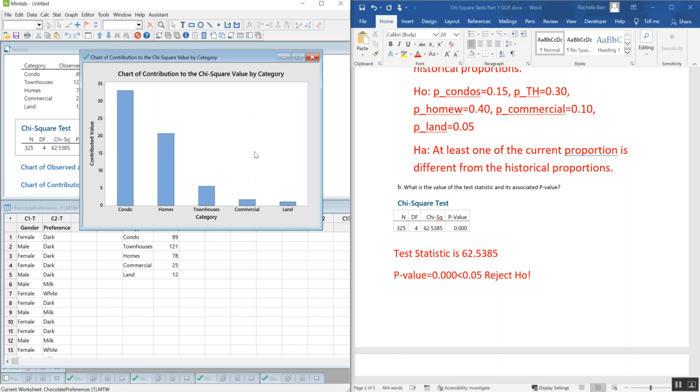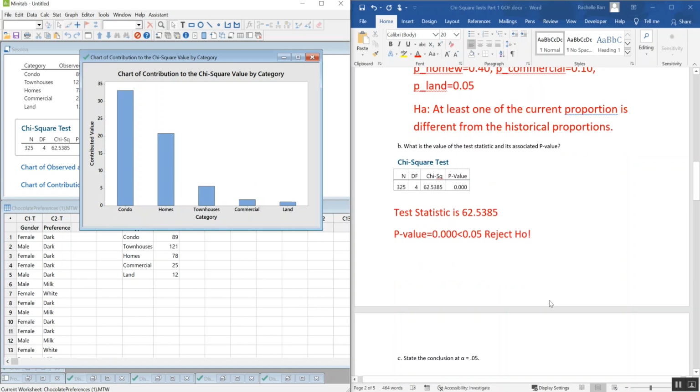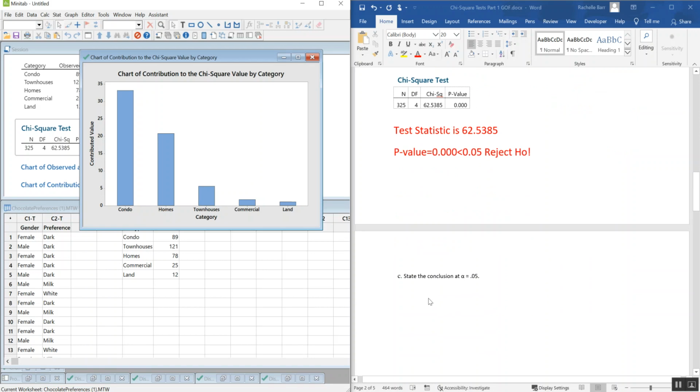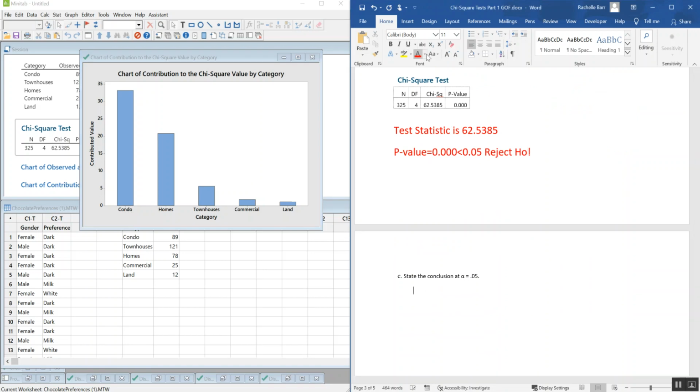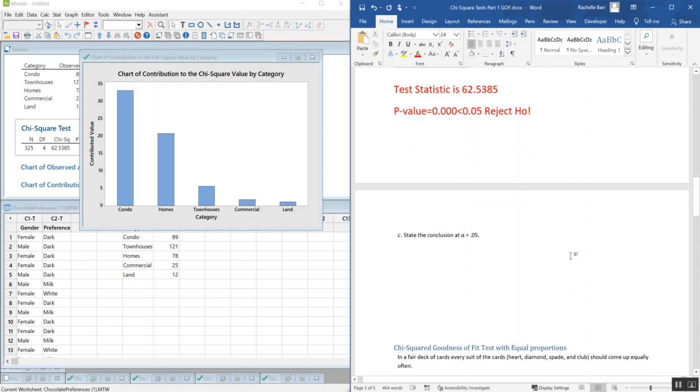So the large size of the category of townhomes makes it so it doesn't contribute that much, but homes and condos appear to have a significant difference. So we're going to write something about that in our conclusion. I'm going to be rejecting my null hypothesis. It appears that things are not as they have been in history, at least by the evidence that we see. The evidence suggests